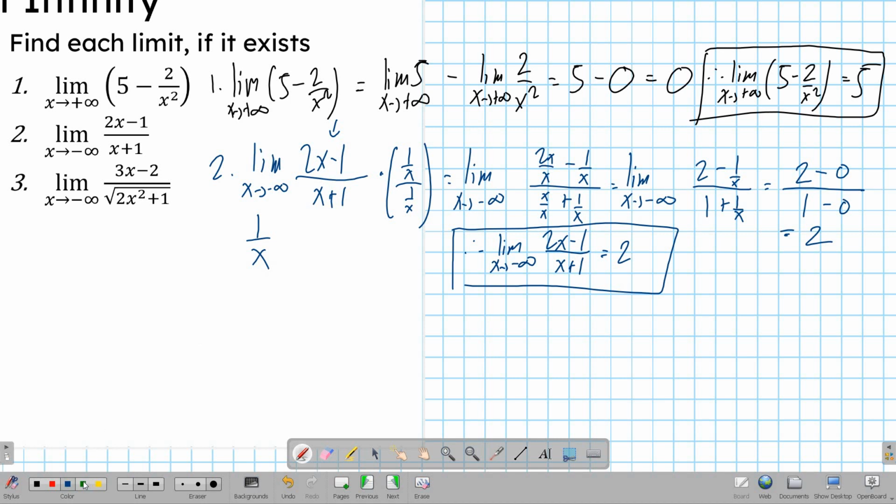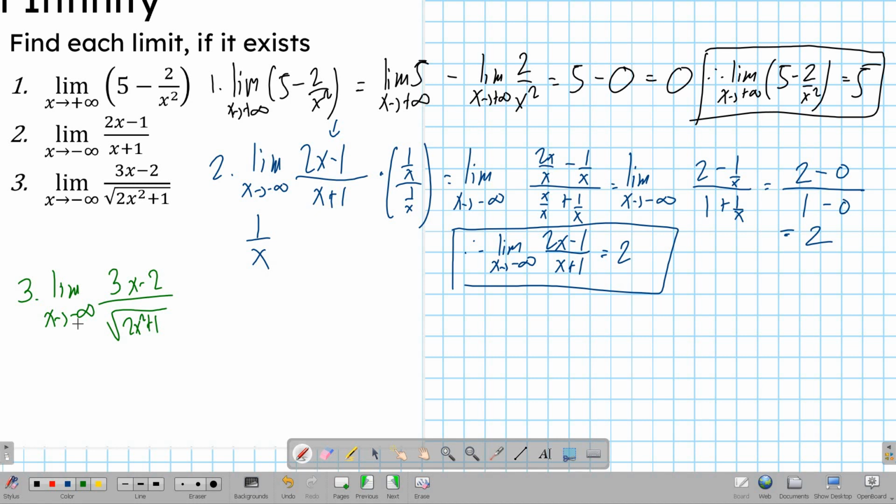Now let's have number 3. I will write it here to save space. We have the limit of (3x - 2) over the square root of (2x^2 + 1) as x approaches negative infinity. Now, if we're going to check what is the highest degree following the technique we use in number